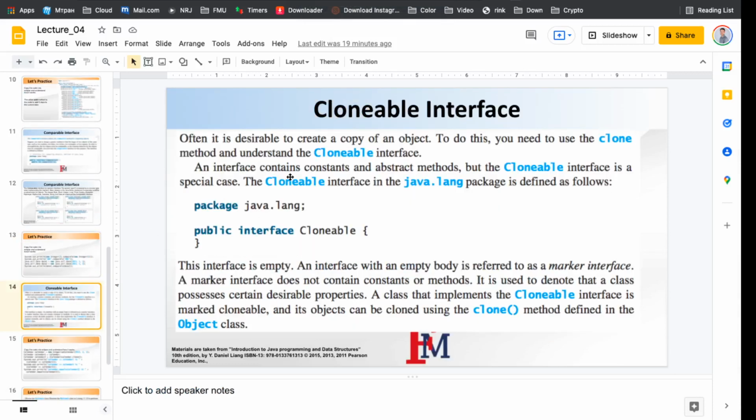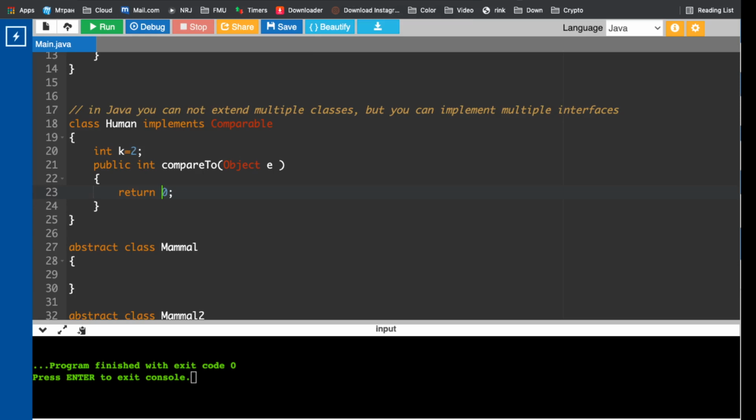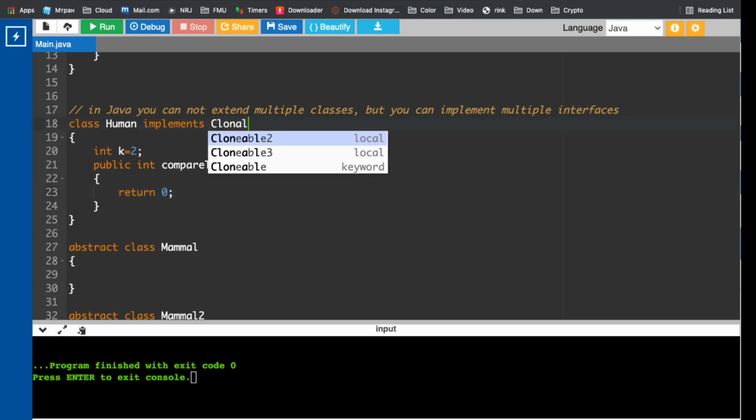The Cloneable interface is pretty much the same thing, but here we should be able to clone objects. Clone, not compare, but clone, the so-called deep copy. You should be able to do such a deep copy. It is often desired to create a copy of an object. To do this, you need to use the clone method for the Cloneable interface, right? So Cloneable. If we do it this way,